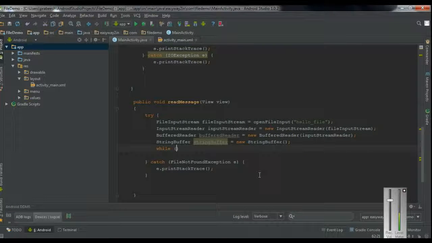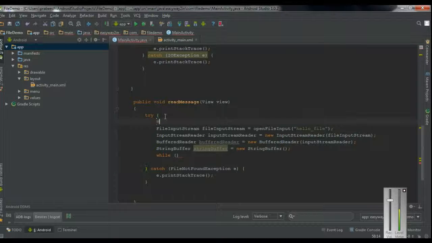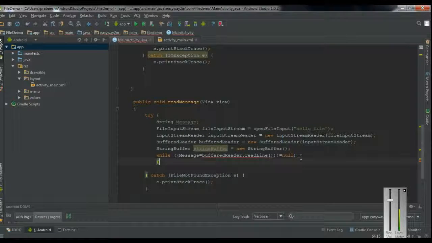So use a while loop. For fetching the information, we have to create a string variable, String message. And here message equal to bufferedReader.readLine(), and enclose all these statements in a bracket is not equal to null. That means if there is a line existing,